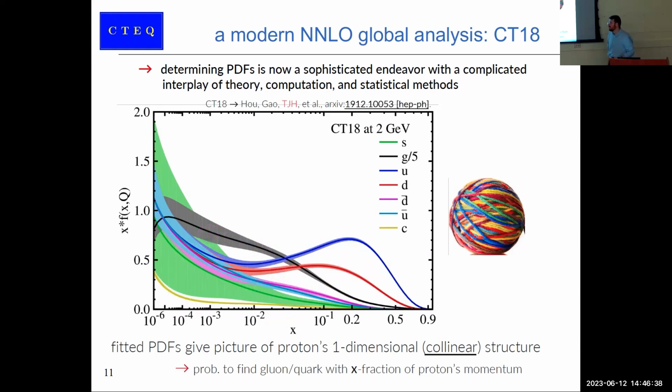Over at x equals 1, it seems like there should be a non-zero probability for an up quark to have all the momentum of its home nucleon. Tiny, but non-zero. Is that included in there? That should be a good discussion for any problem, so maybe that's something for tonight. No, it should vanish exactly, just for momentum conservation reasons. You can also think of it in terms of relations to form factors as well. So maybe that's something to discuss.